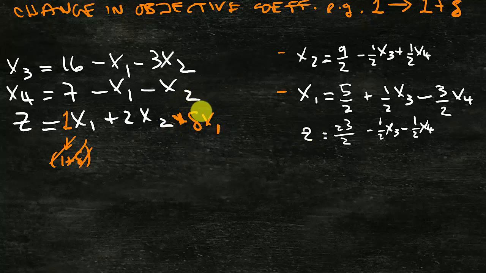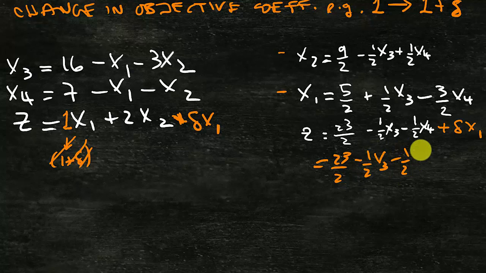The z equation at every iteration is going to carry with it a little appendage of delta x1, and that little appendage of delta x1 is going to carry right through to the end. So it'll be exactly the same thing, except this delta x1 is just carried through from iteration to iteration. Well, x1 is a basic variable, so we're going to have to solve. So it's 23 halves minus a half x3 minus a half x4 plus delta, and x1 has to be replaced with, well, maybe put this on a separate line,